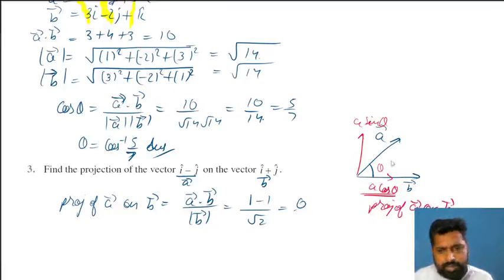So there is no projection, that means the vector is not at an acute angle with B, it must be at 90 degrees. How can I say it's 90 degrees? Because the dot product is coming 0. So they must be perpendicular to each other. Not every time you'll get the dot product to be 0, sometimes you can get a projection. Projection is some value.